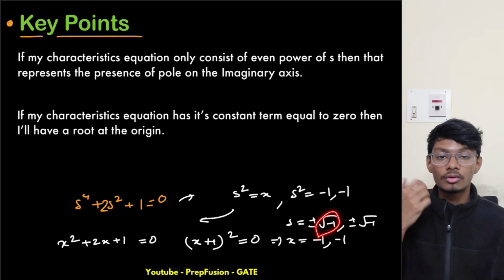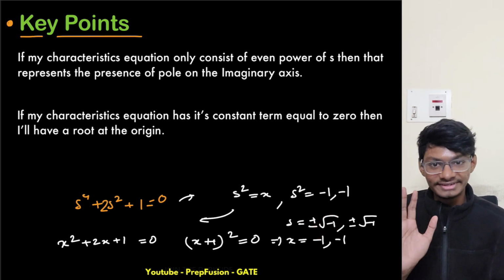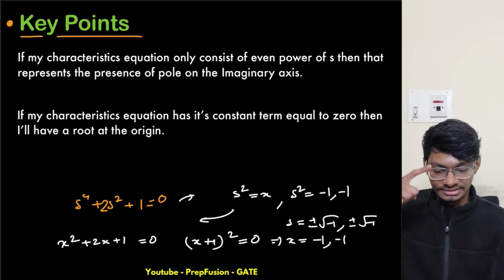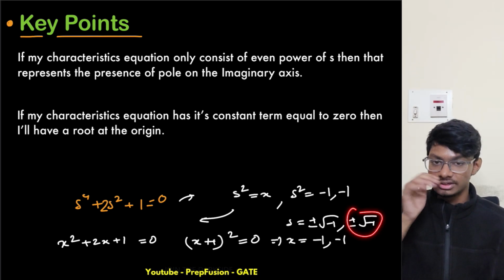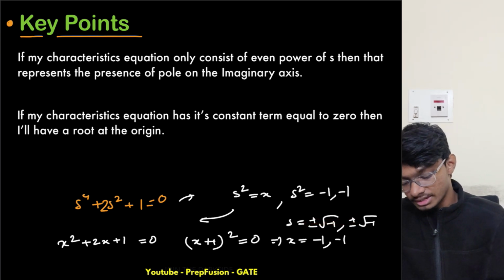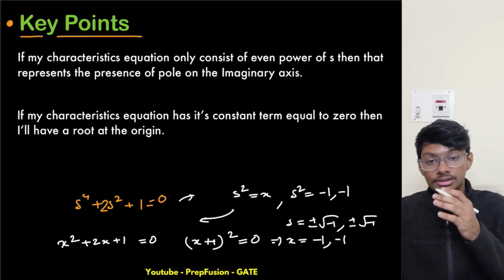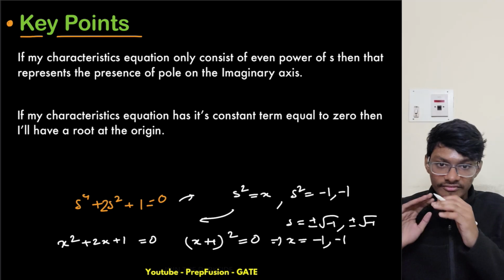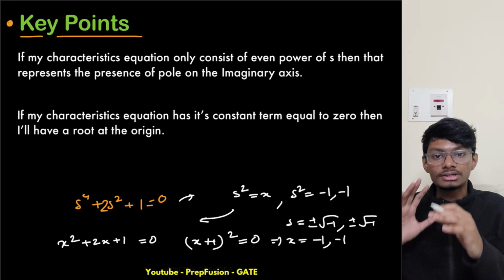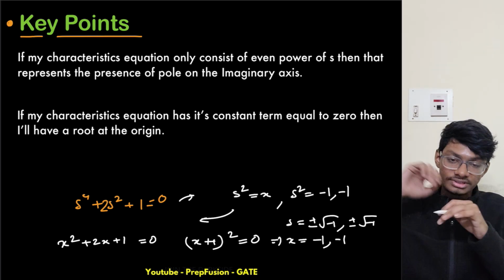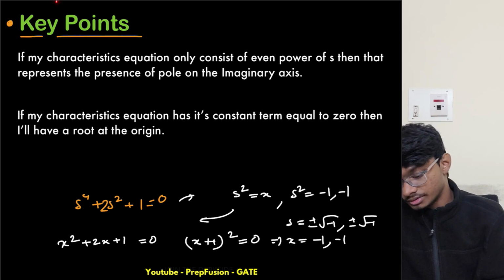So what does under root minus 1 represent? I hope you know that, right? It is a complex number. It is the j, right? So it lies on the imaginary axis. Okay, and this also lies on the imaginary axis. Again we see they are repeated and they are lying on the imaginary axis. So if my characteristic equation consists of only even powers of s, then I will always get imaginary roots, that will lie on the imaginary axis. I will always get poles on the imaginary axis. So yeah,